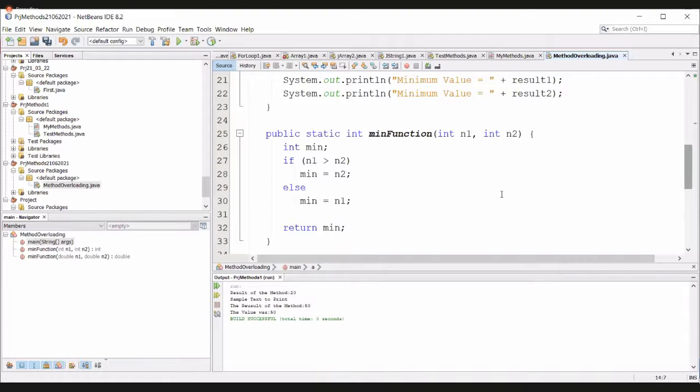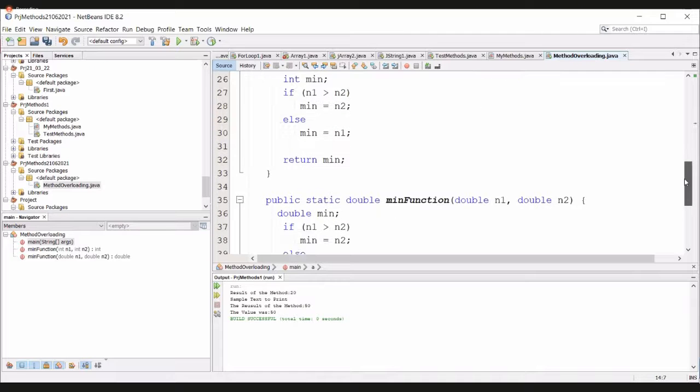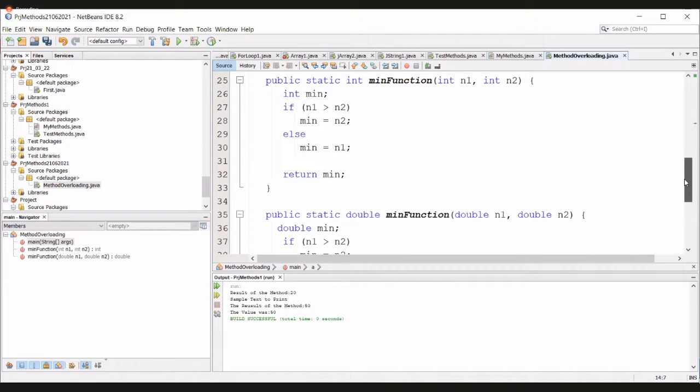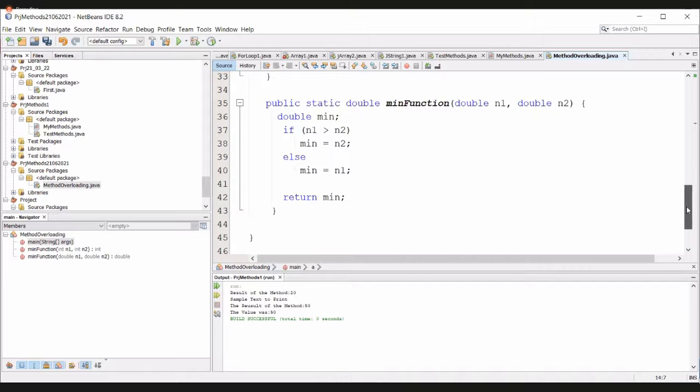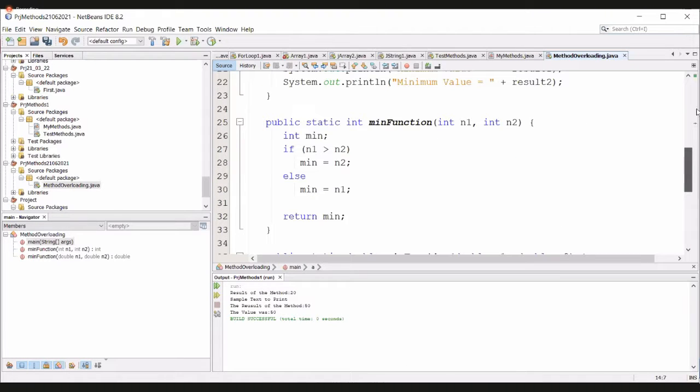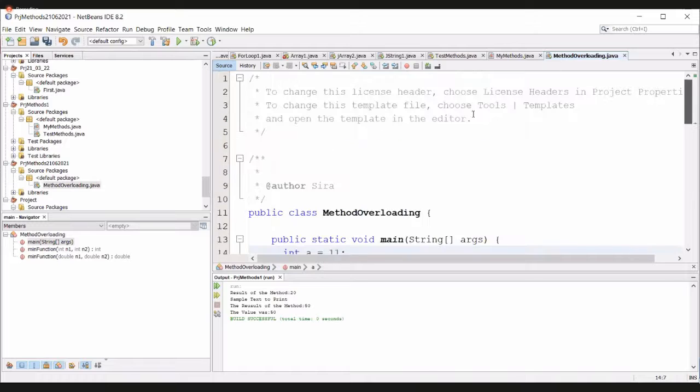Then the min function. Here you can see the method overloading for these two methods. One method is to return the minimum value in the integer type. The other method is to return the minimum value in double type, right? Then after that, I will save the program